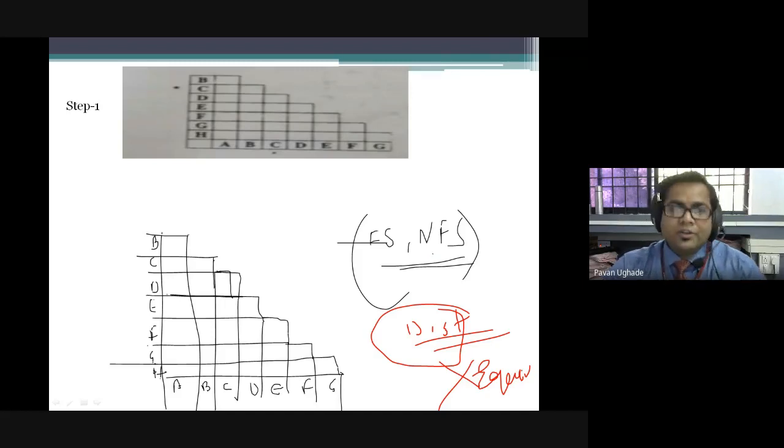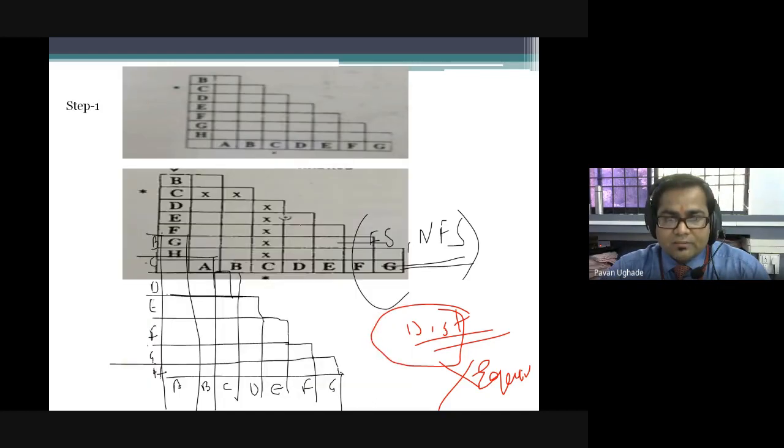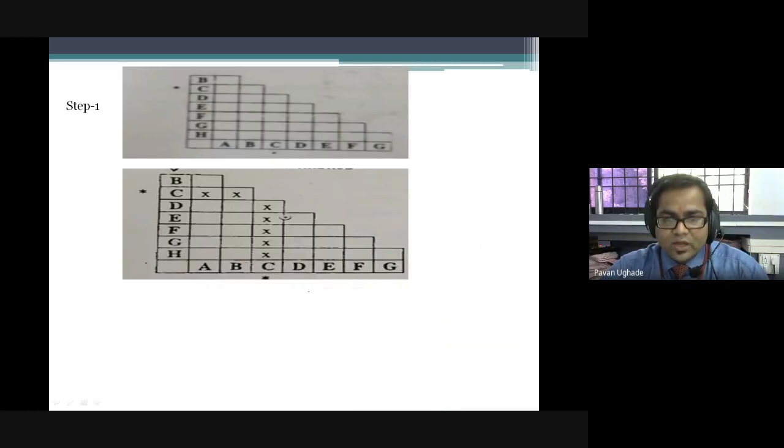Just keep this point in mind. They can never be equivalent states. We are finding the equivalent states. If they are equivalent, they are ready to minimize, because if they are equivalent, we will take one of the states, not all the equivalent states. Okay, so in this step, please try to understand what I have done. I'll just remove everything. Okay, see, as I mentioned, C is my final state.